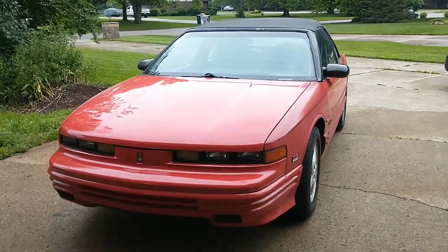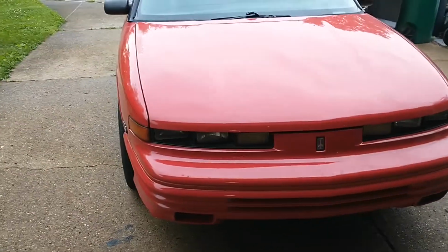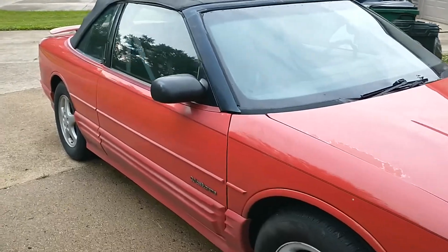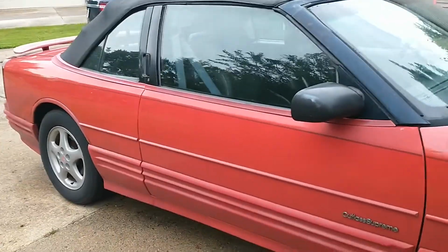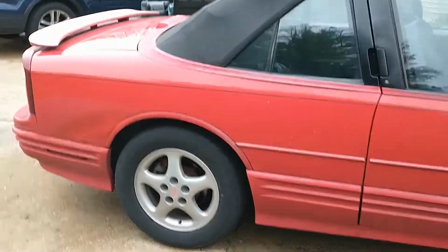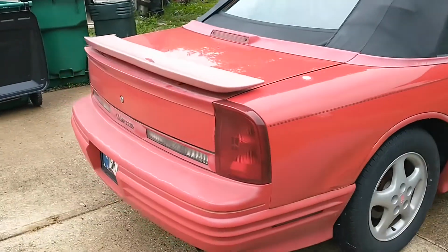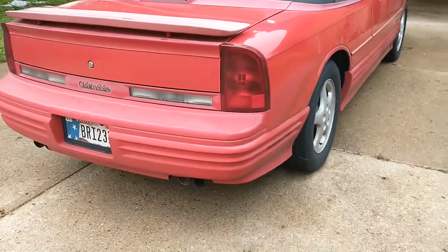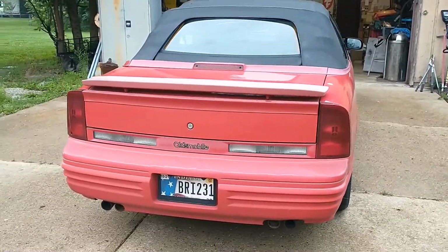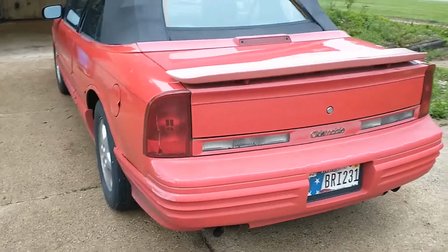Let's take a quick lap around this thing and kind of take it all in first, and then we'll go by her piece by piece here. Like I said, definitely a convertible based on the two-door coupe body. Also made a four-door sedan. Unique thing is that Oldsmobile is the only one that got the convertible, and